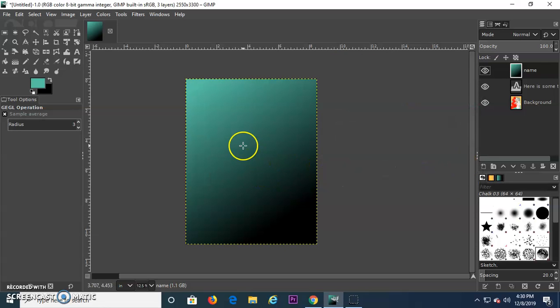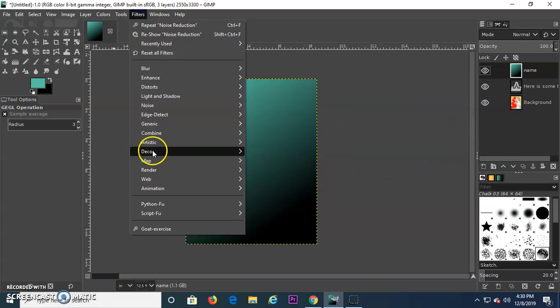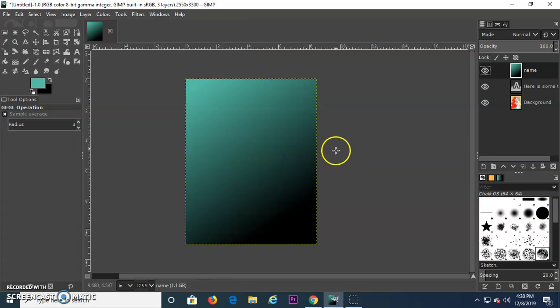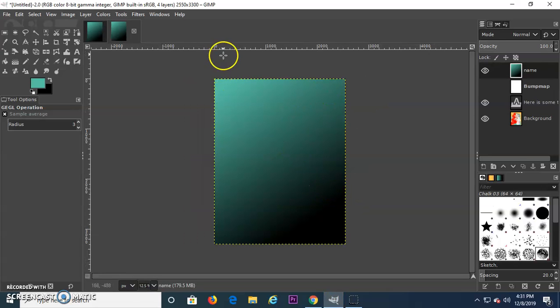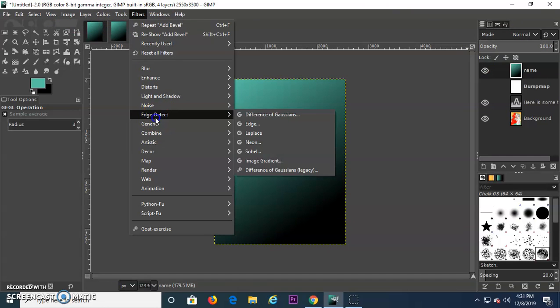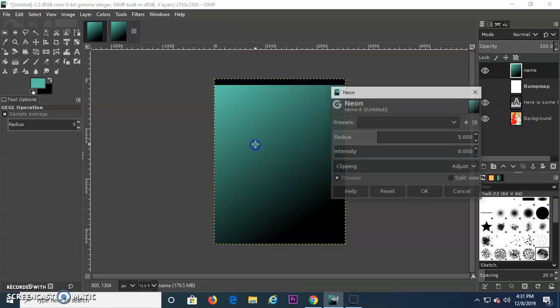Other layers or other filters here. Some of them may not do anything. Or some of them you might not even notice what they do exactly. And that's okay. That's all part of understanding and playing with